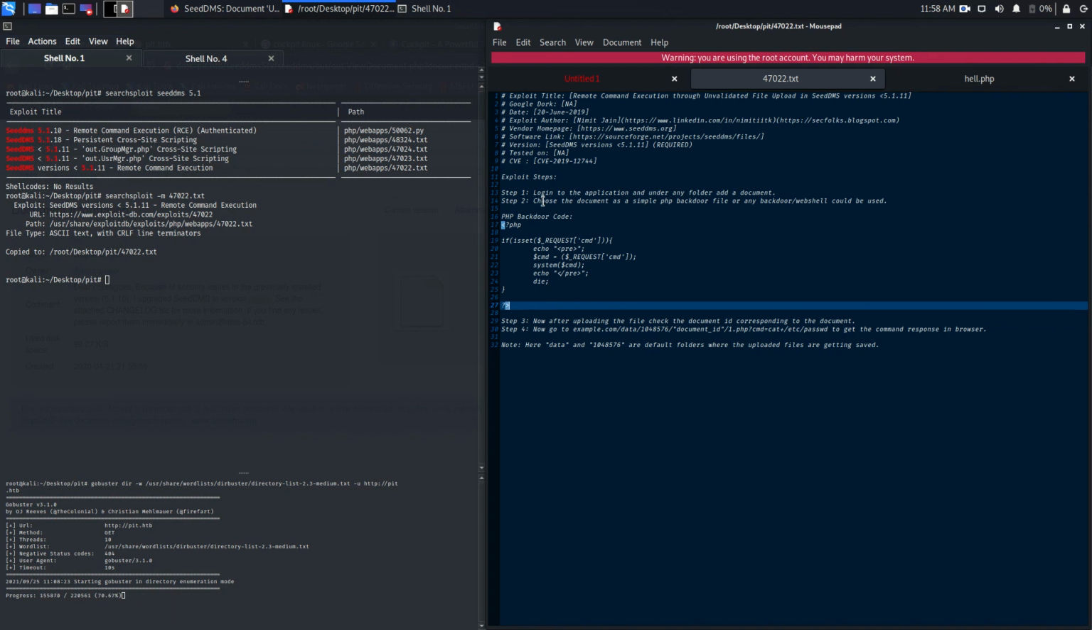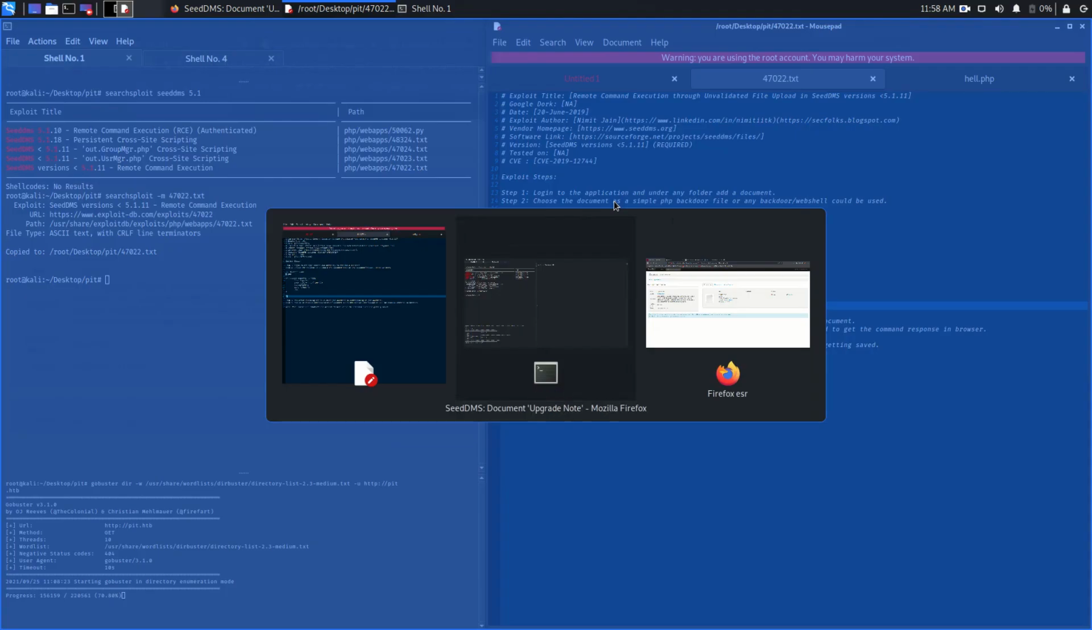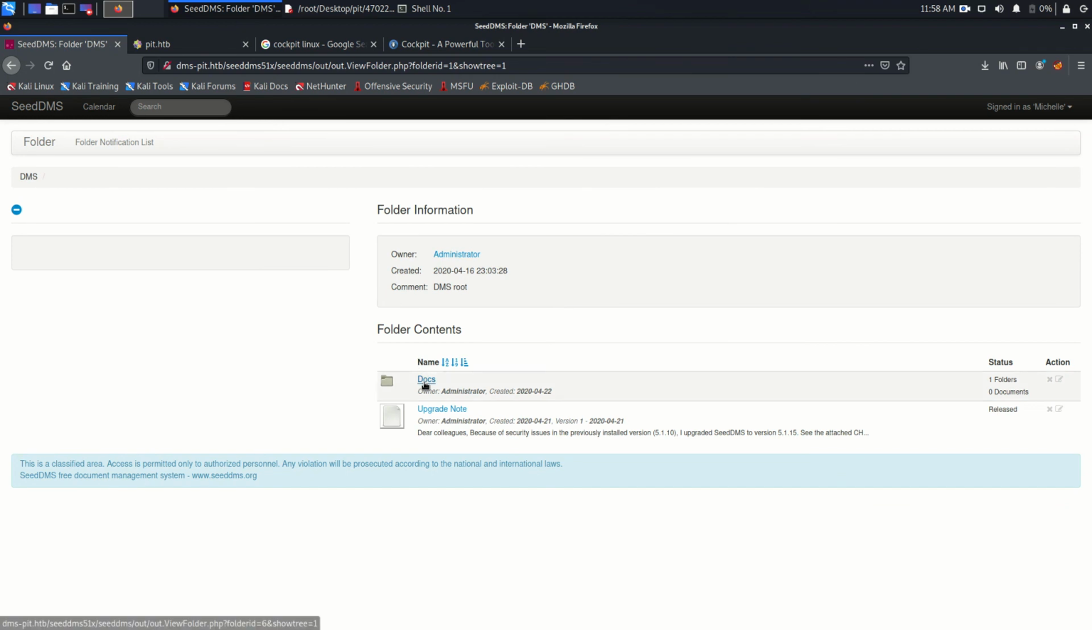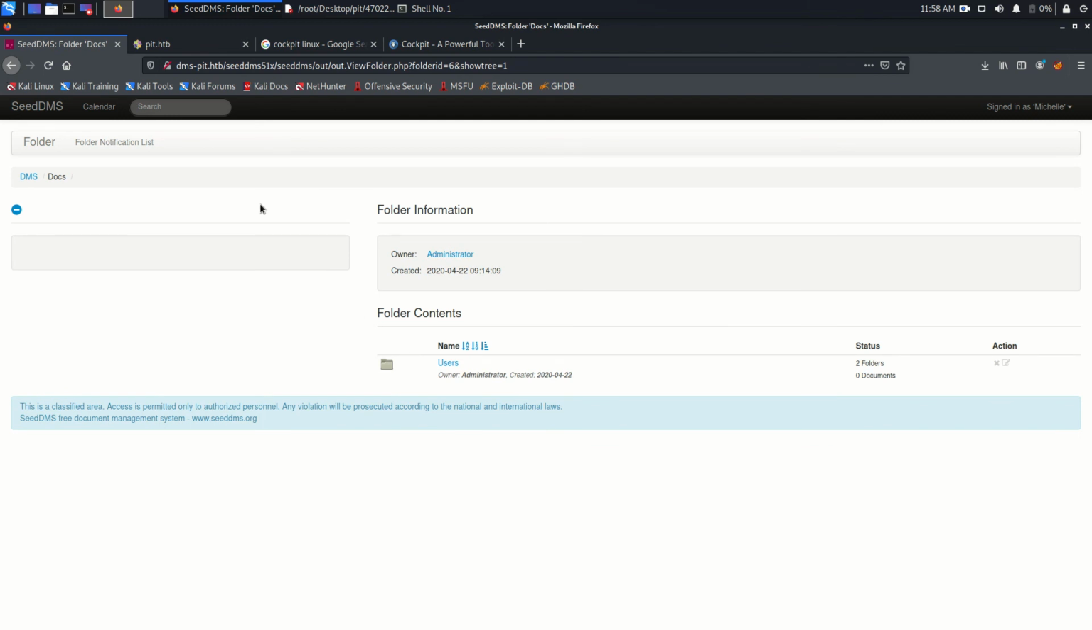Now under any folder add a document. Okay, so this is the node DMS, and this is the doc folder. This is the folder. So under this folder I'm going to add one document. So add, okay,